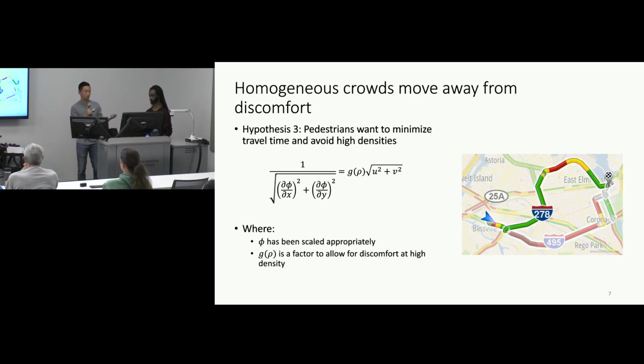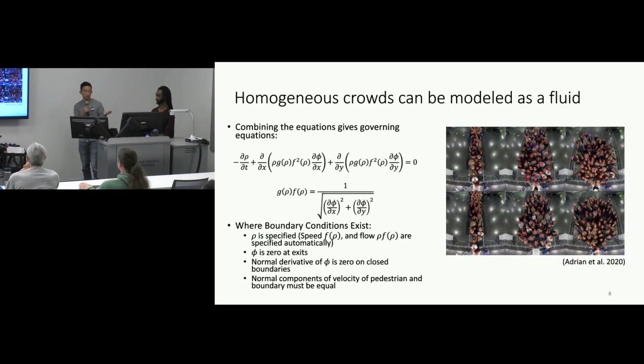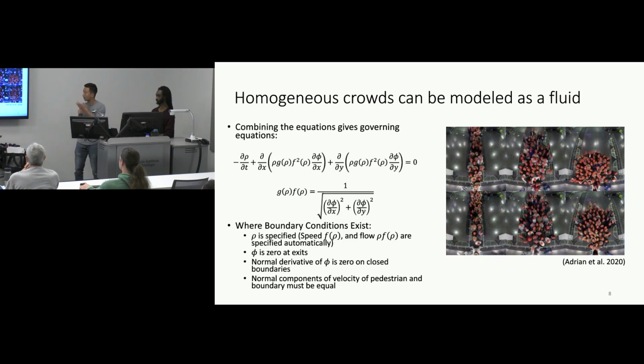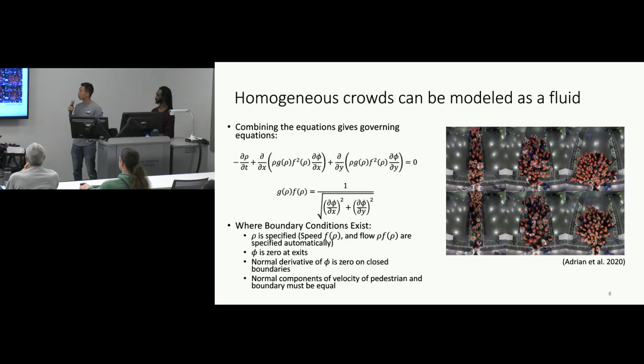So this equation is modeled to have a density factor to allow for quote unquote high discomfort, such that you would find the easiest, fastest route, but also take into account you don't want to be crushed. Finally, combining these hypotheses and these equations can give almost a Navier-Stokes looking equation to govern the actual motion of